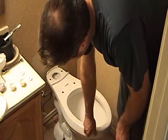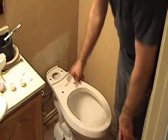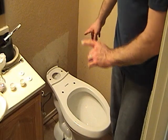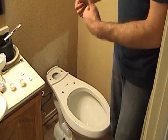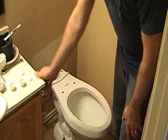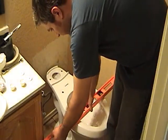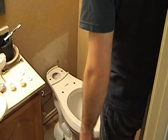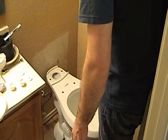Okay, you've got the toilet bolted down. Make sure when you're bolting it down you don't over tighten it, because you can crack the porcelain, or you could wind up ripping the bolts right through the flange. It's nice and sturdy. Also make sure it's level. Set this on here and adjust each bolt, whichever one needs to be adjusted, until it's level or pretty